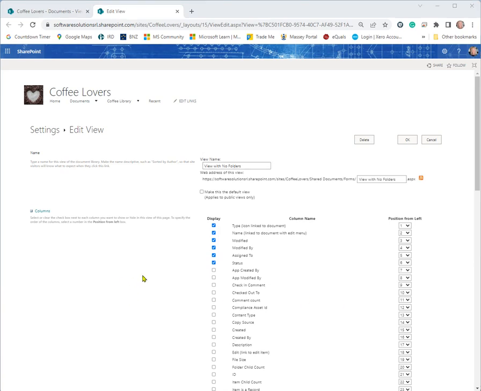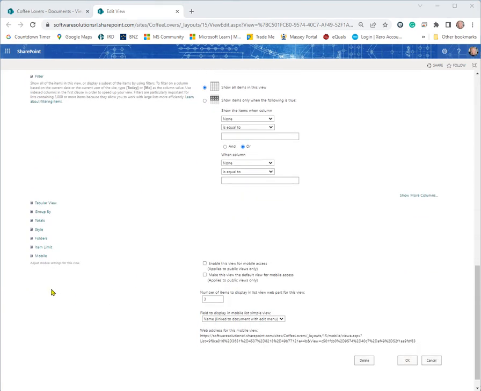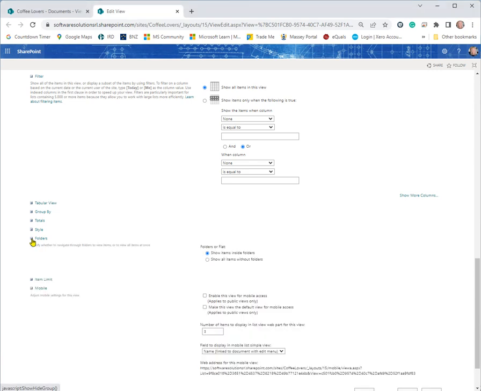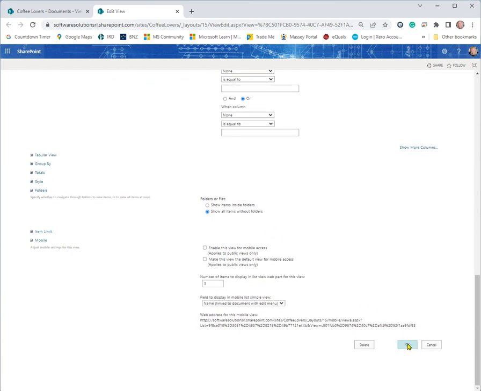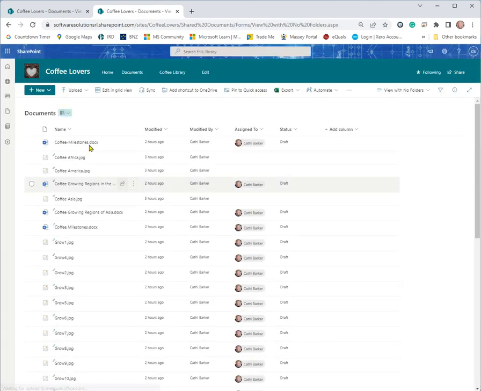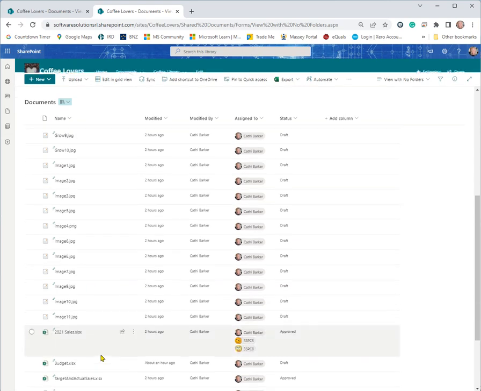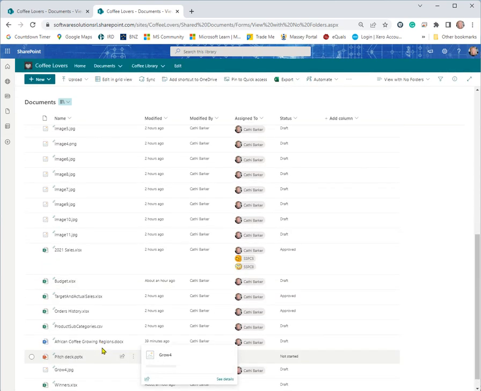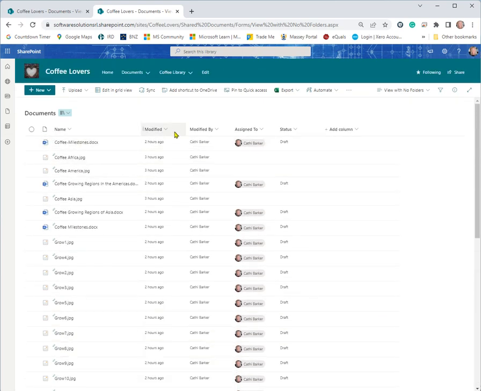How I do this is I scroll down to the folders options and I hit the plus to expand it. I want to show all the items without folders, so I choose this option here. Then if I scroll down a little bit more, I can click the OK button. And now what I've got is a list of all the files without the interference of any folders. So I can easily sort them, I can easily filter them, I can easily group the information without the interference